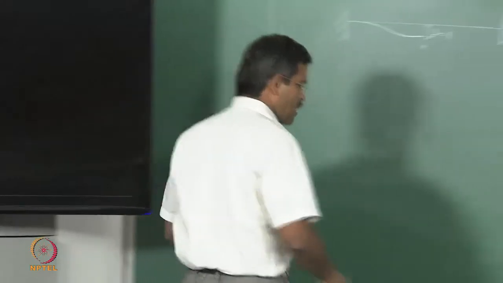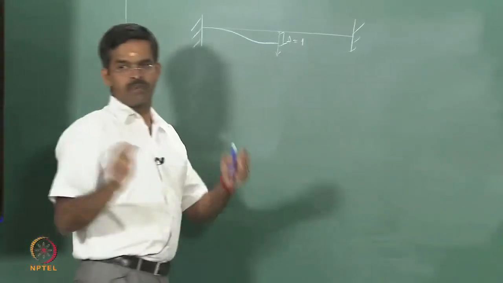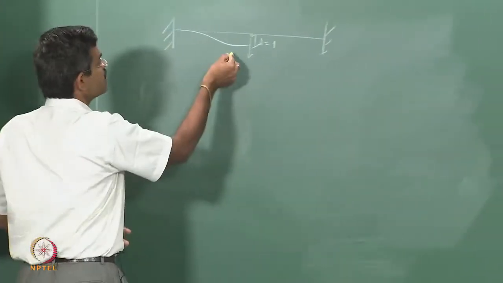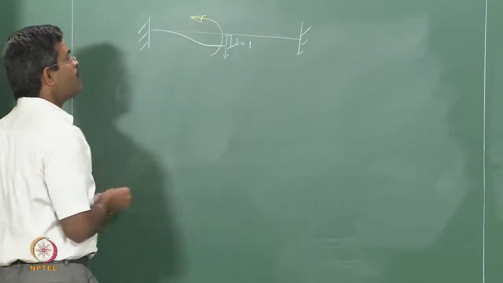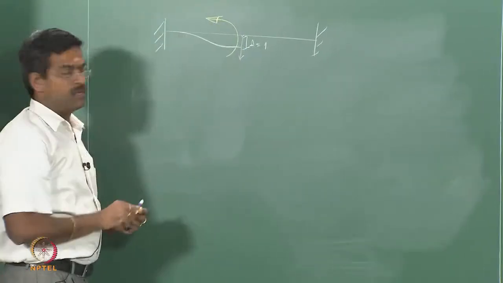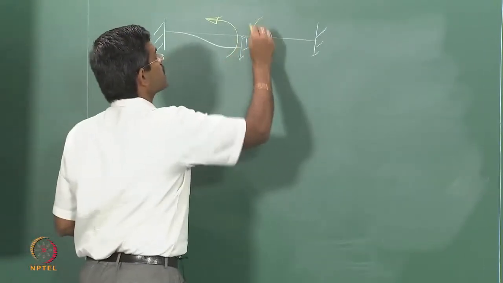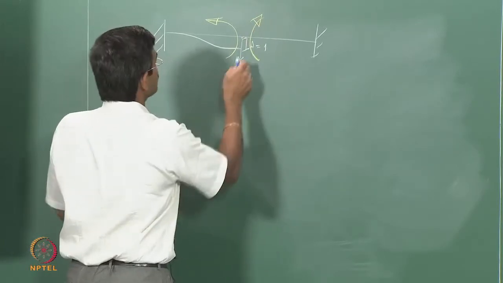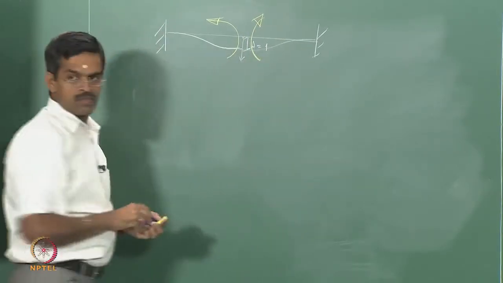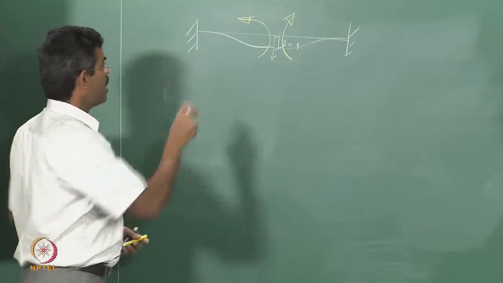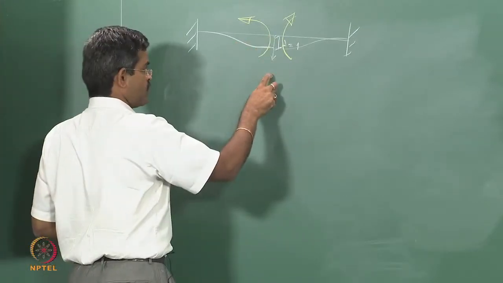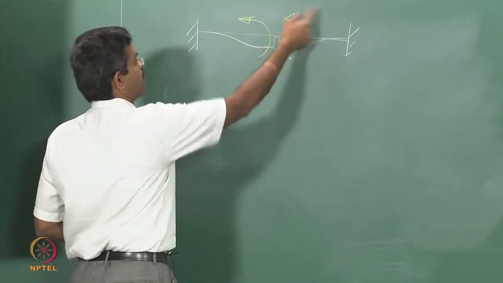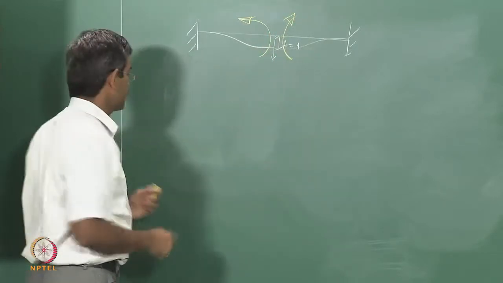The moment I say delta is 1, from the principle of structural mechanics we know that it will apply a moment of this kind, and also a moment of this kind. Now one can have a very serious question here. Sir, two questions. Why is this marked down? Why are these arrows anti-clockwise and clockwise? Okay, it is very interesting.